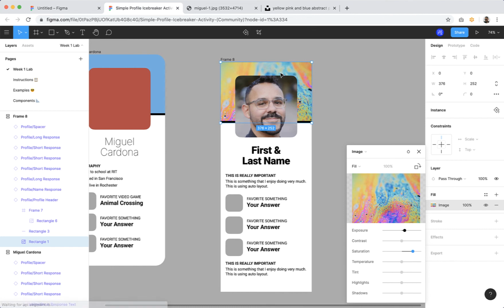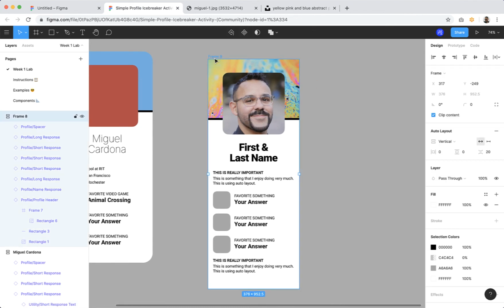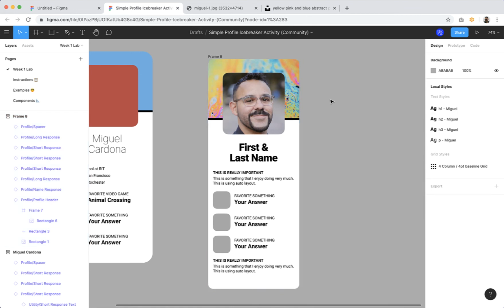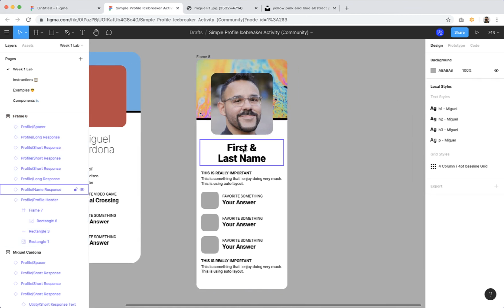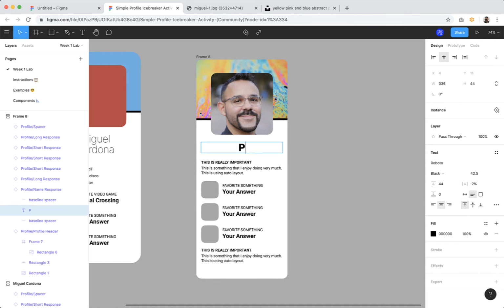Let's say I want to make it a little bit more bright and saturated. I can click on this background. I'm going to add the border radius, and now I can begin to change other things. I'm going to command double click